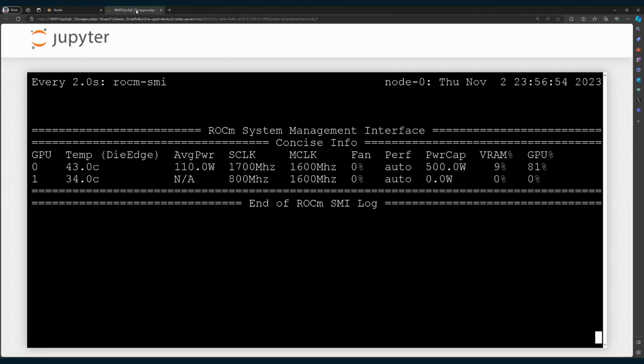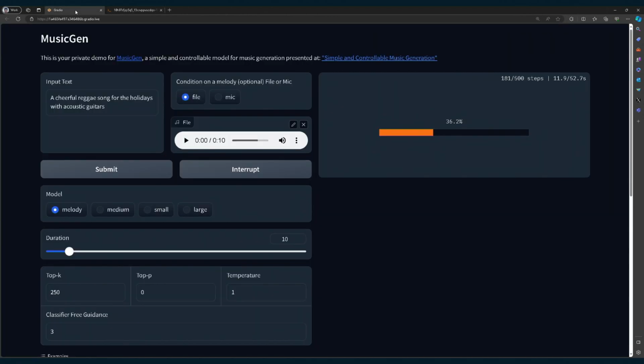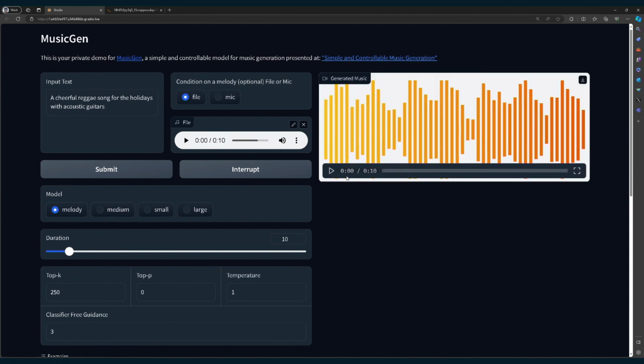Yes, it has loaded the model. You can see that the GPU is at 82%. It's only taking about 10% of the GPU memory. Each GPU has about 64 gig of memory, so you can run a lot of load. I can actually run a service on a single GPU here. Very soon you can see that it's generating. This is a transformer model, single stage. Okay.